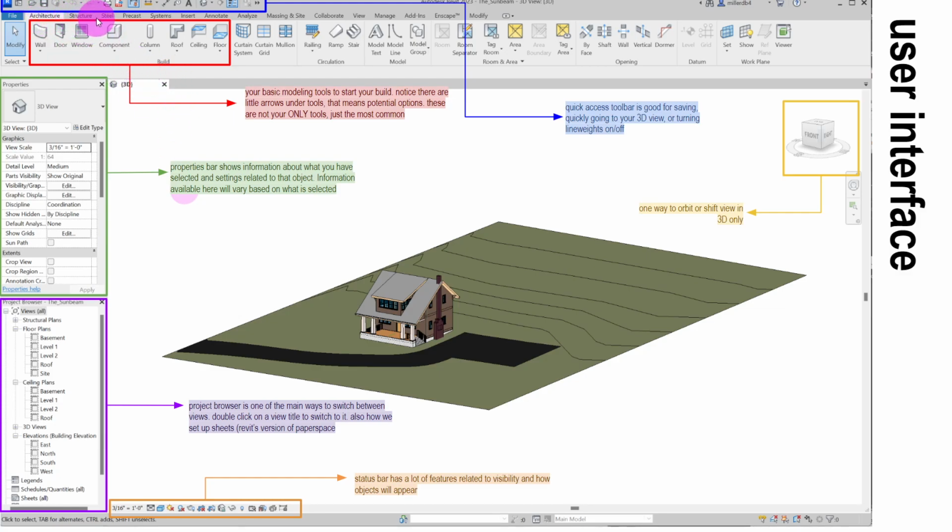We can see too that we've got different ribbons up here that we'll explore a few of them in the class as well. But this is where we're going to do most of our things, and most of the tools are pretty straightforward. So if I click on the window tool, it's going to start placing a window, and then in my properties bar, I'll have some options related to that window. Or if I click on column, it'll start placing columns, and then again in my properties bar, I'll have options